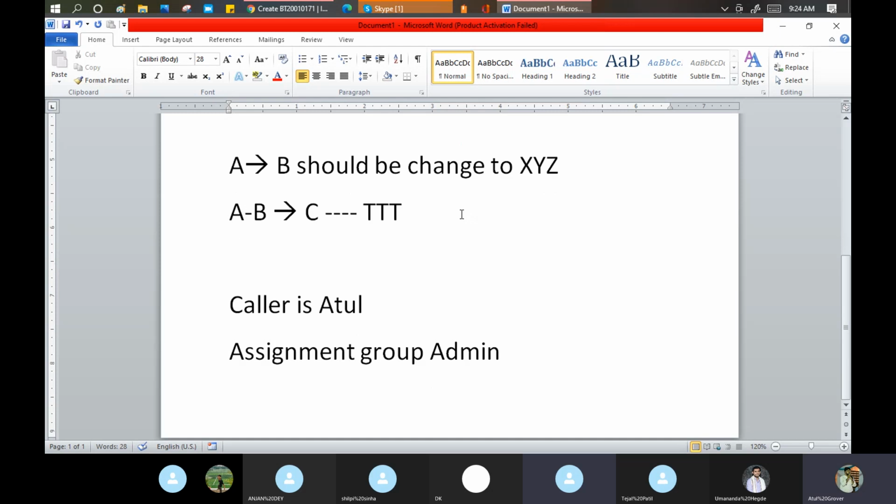It indicates how critical our ticket is. I mean, we can define how critical the ticket is and where it should flow. And one more example: suppose the caller is the MD of some company. That ticket is high priority. So the assignment we define, this should go to some important person to take care of his ticket. Right. Yes.